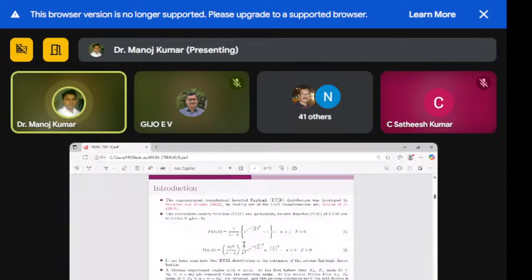So here we consider the inverted exponential model, and by using the DUUS transformation, which is nothing but the double... used by me in 2015, and then getting the cumulative distribution function for the inverted exponentiated transform. This distribution is very flexible and is used for analysis in the medical field as well.